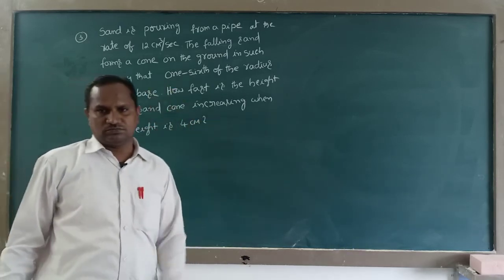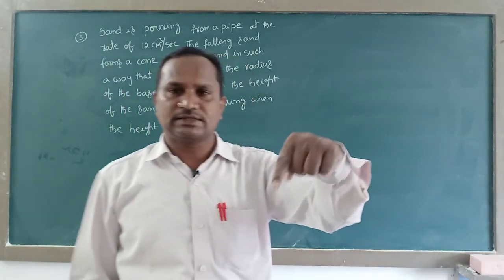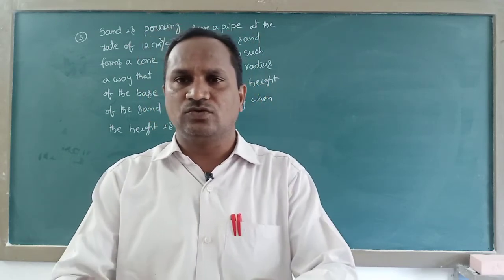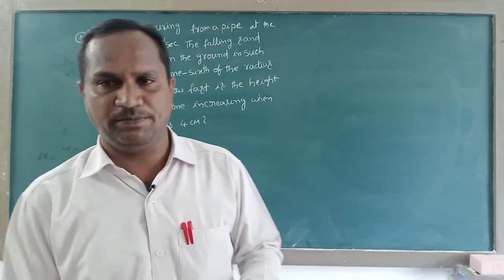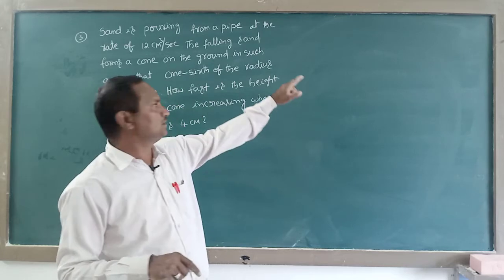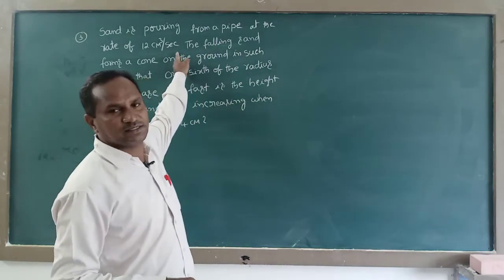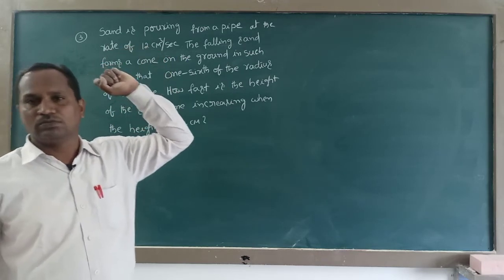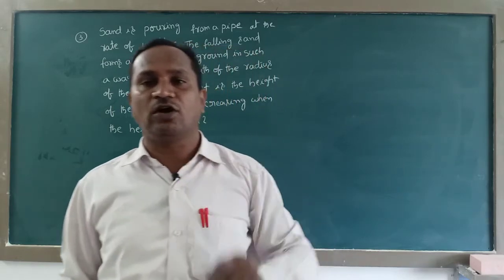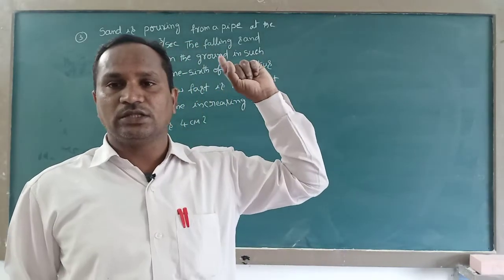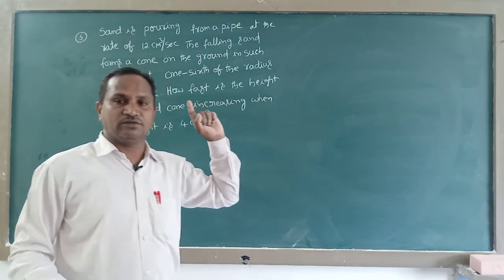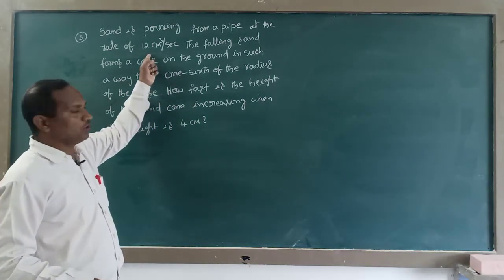The mentioned cone, from one pipe they are sending sand down. That sand is falling on the ground, and at the same time it forms a cone shape. They also mentioned how much it is occupying: 12 centimeter cube per second. Per second it is occupying 12 centimeter cube. Centimeter cube means cubic units, and cubic is the measurement of volume. That's the rate of change of sand, which is the rate of change of the volume of the cone.